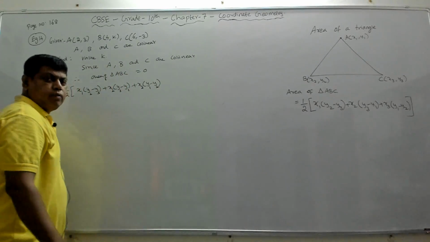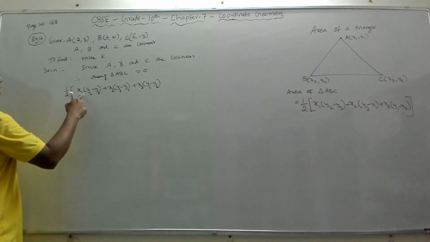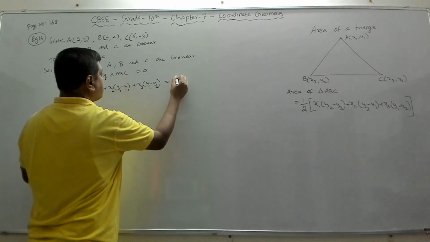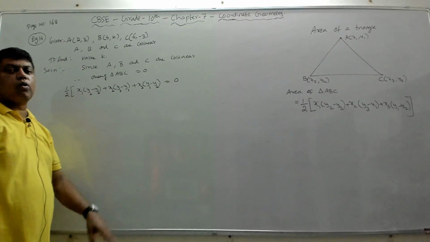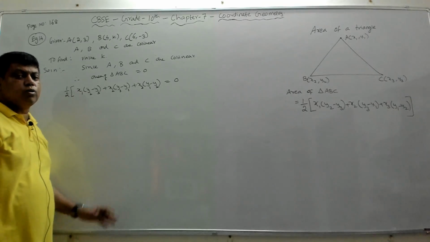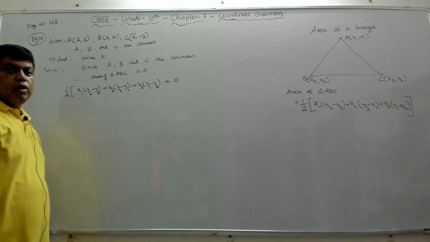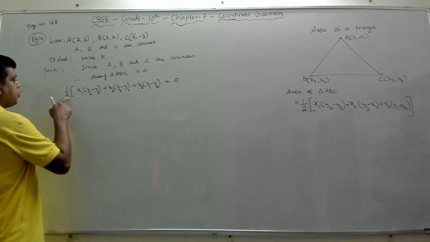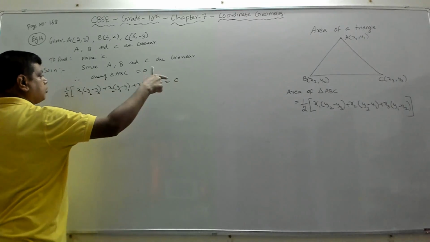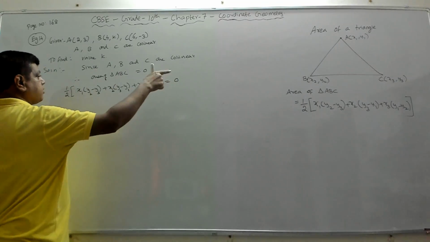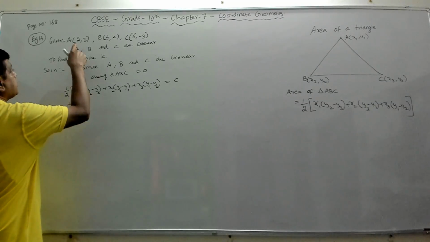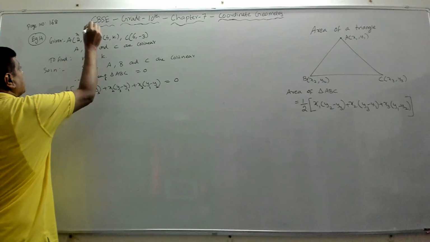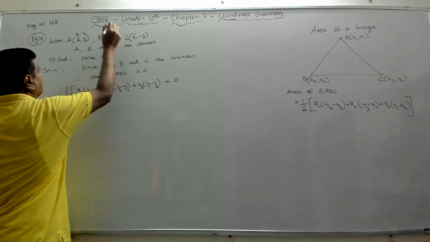This is area of the triangle when 3 vertices are given. And this is equal to 0, because they have said the points are collinear. It's given that they are collinear. So we can take the area of that triangle as 0. And then we will find the value of k. Now let's substitute here. Now this 1 by 2 goes to this side. It will become 0. 1 by 2 can be taken to this side, or we can keep it here. Later also we can throw it. So this is x1, y1. x2, y2.